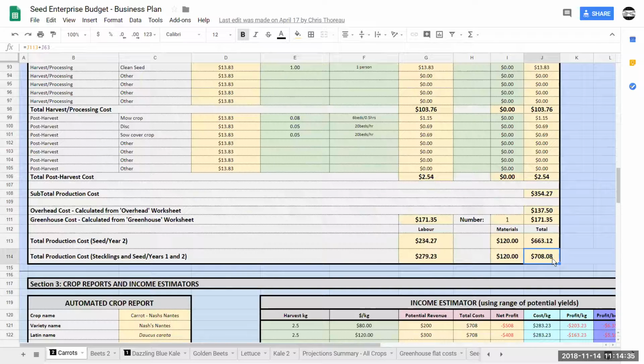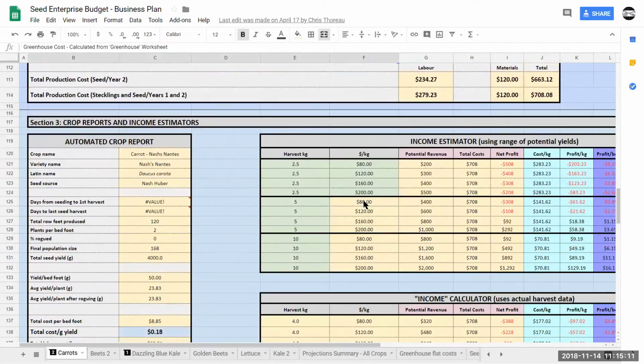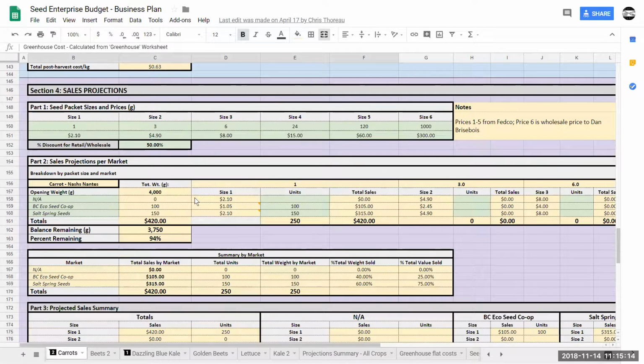break even. Now, the way this spreadsheet is designed is if you're breaking even on a crop, that crop is basically profitable, because breaking even means you've been paid for your time, all your materials have been covered, and all your other labor costs have been covered, plus your overhead has been covered. Anything over $710 in sales is profit to the farm, and that means all the costs have been covered. That's a really important thing to remember, because if you do $710 in sales while it's break even, you've still been paid for that work. And that's really important.